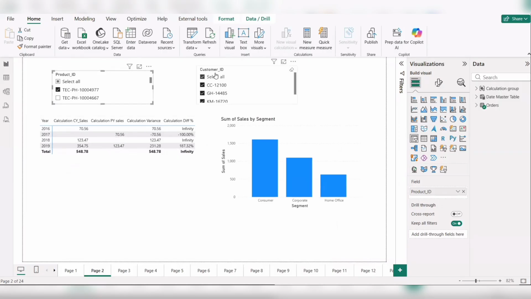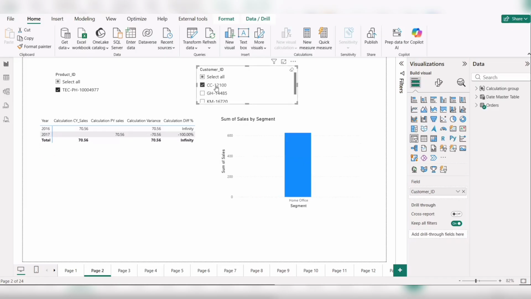Again, if I need the details for this product ID and this customer ID, I click this. Again it goes to the backend, filters the data and produces the result here. Whenever I click each and every selection, it goes to the backend, filters and generates the result. Instead of that, what we can do is